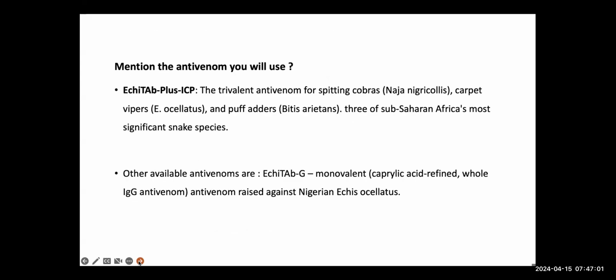So the last question was to mention the antivenom you will use. So that's Equitab plus ICP, which is a trivalent antivenom for spitting cobras, carpet vipers, and puff adders. These are three of Sub-Saharan Africa's most significant snake species. The other one you can use is Equitab G, which is a monovalent antivenom raised against Nigerian